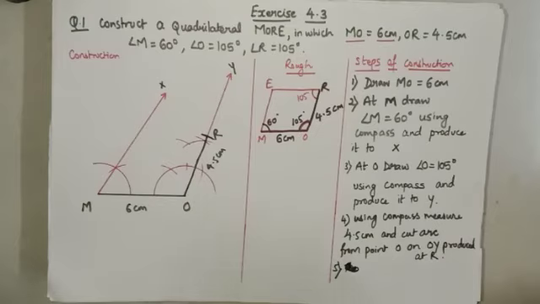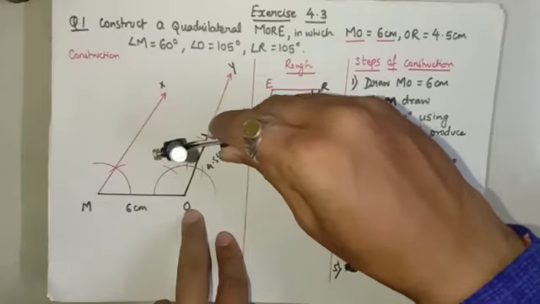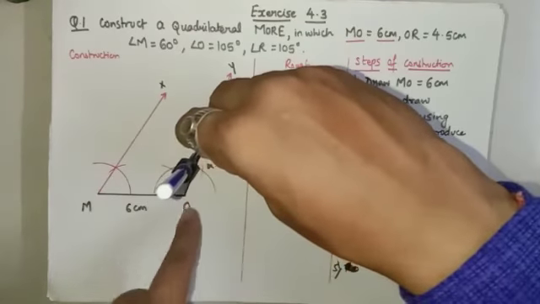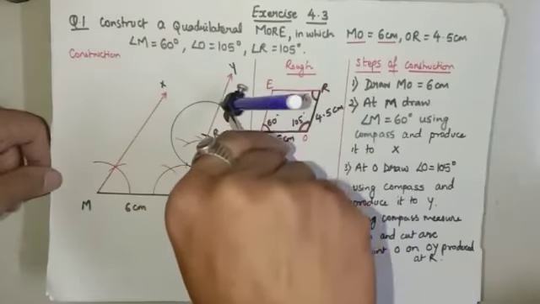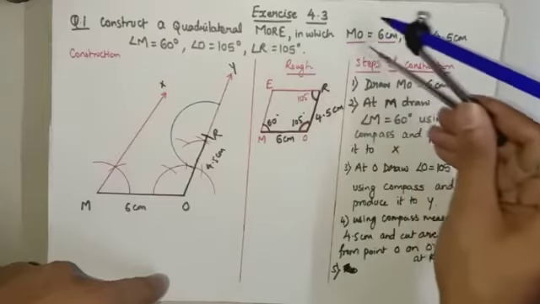Now fifth one, what is left? To draw 105 degree at R. So now at R we will draw 105 degree. Okay, so for that I am changing the color of sketch pen so that it could be visible clearly to you all, and it would be easy for you to construct in your notebook. So let's do that. So at point R I am drawing a semicircle. So angle is from this side. Okay, so from here I am drawing a semicircle. See, angle is from this side, right? It is not from that side.